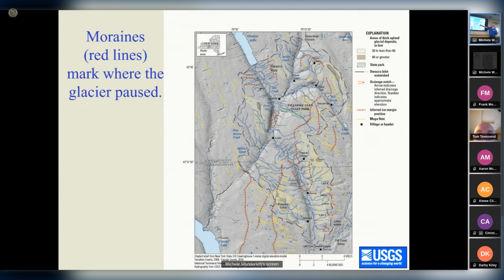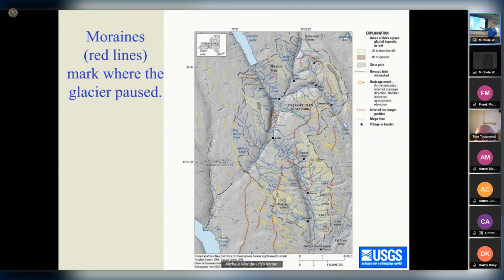These red dashed lines are traces of moraines in the upland. And so moraine is where the ice stopped for a little while and paused during retreat, and sediment accumulates at the edge of the ice in the uplands. In the valleys, we tend to get, if the ice pauses, concentrated, more coarse-grained deposits form.